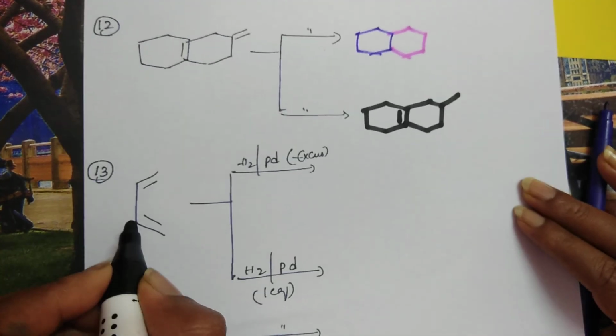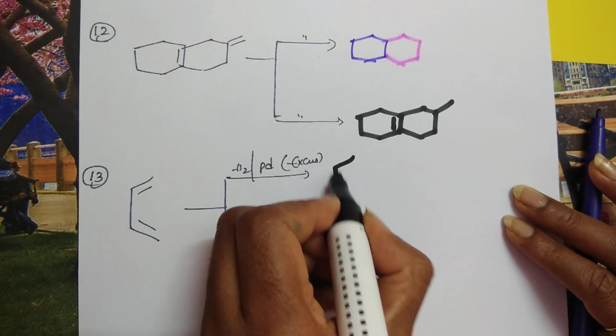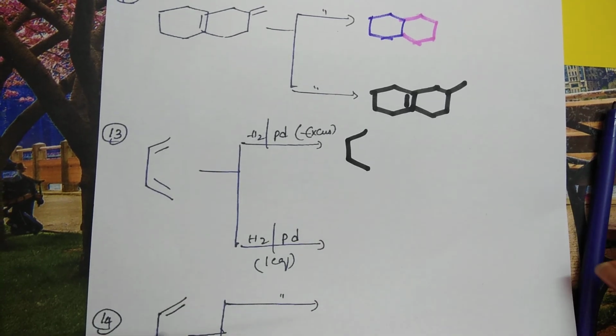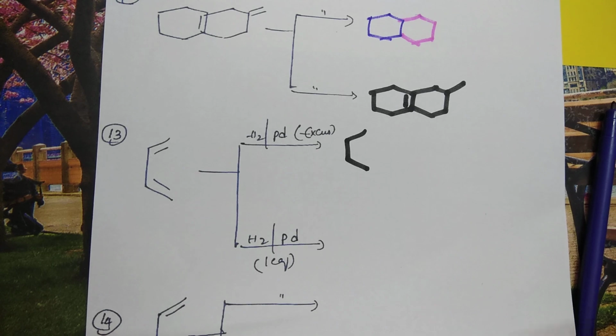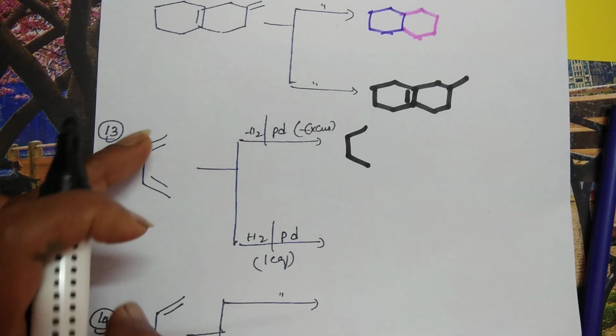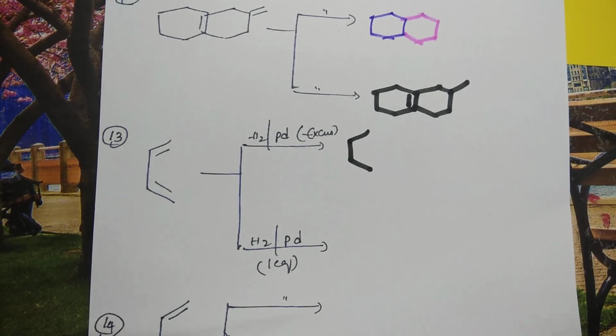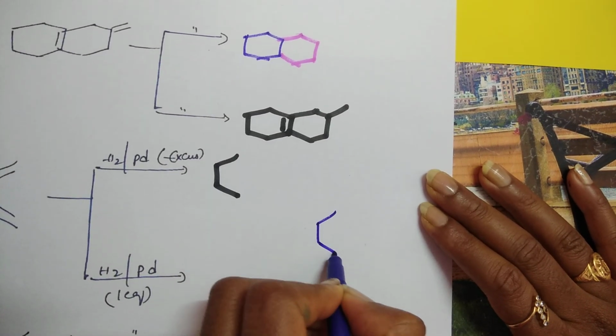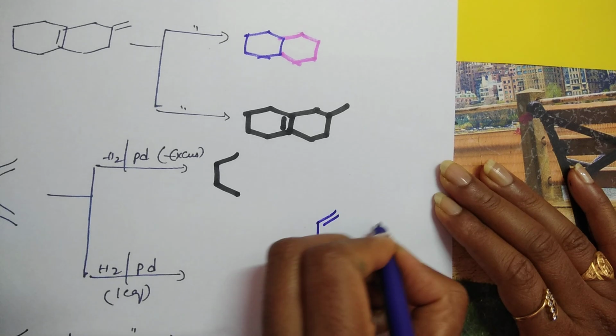Excess. Whenever you take excess, both will be reduced. But when you take only one equivalent, which one will be reduced out of these two, ma'am? You say any one, ma'am, because both are the same, no, any one. Then your answer will be wrong, because here I'll teach you one small mechanism, but a trick also I'll